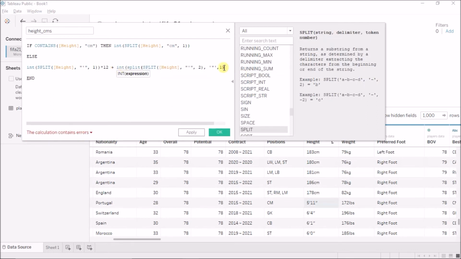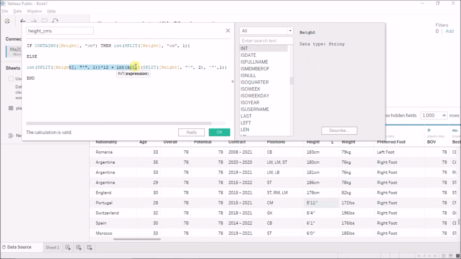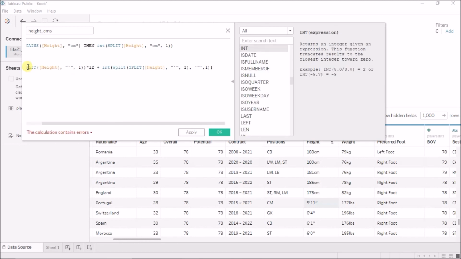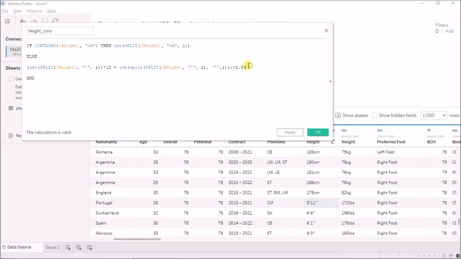Now if I check, it is containing errors because can't add integer to string values, so I have to convert it to an integer. Okay, now this is the result in centimeters, but this is the result in inches, right? Because I'm converting this to inches and then adding to the inches part, so I need to convert this to centimeters. So I'll just enclose everything and multiply it by 2.54. Okay, this is the conversion factor to convert inches to centimeters. And now I'll again just convert it to an integer, because the value will now be a float.